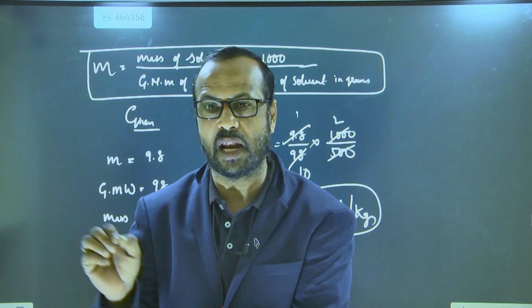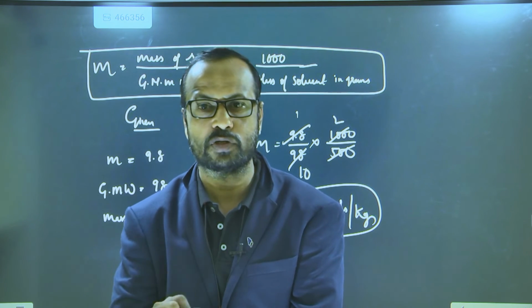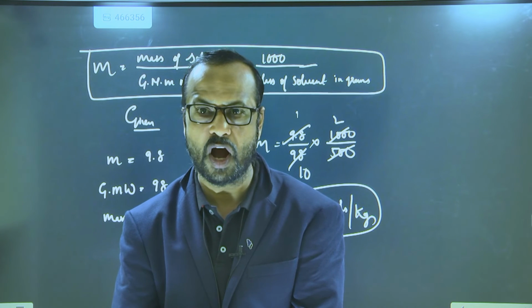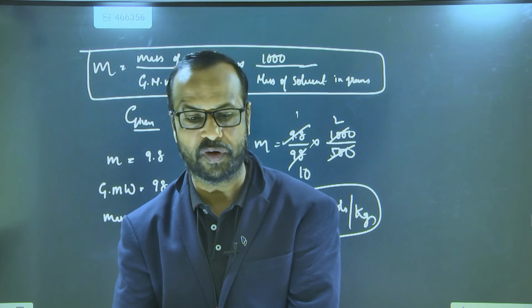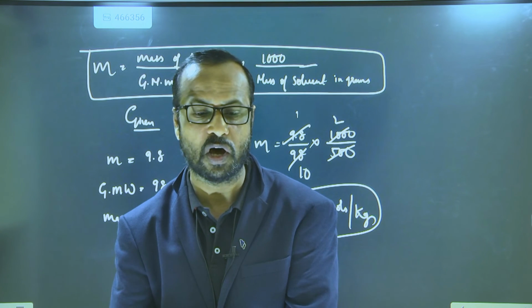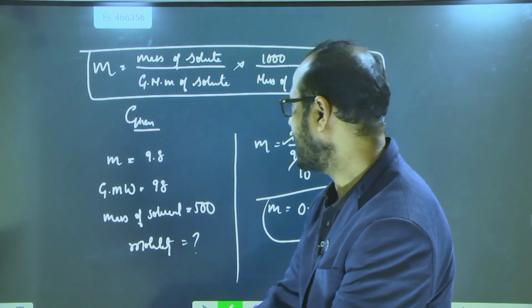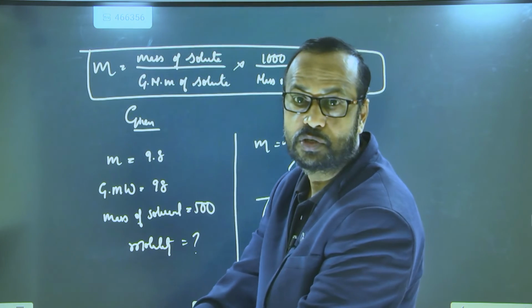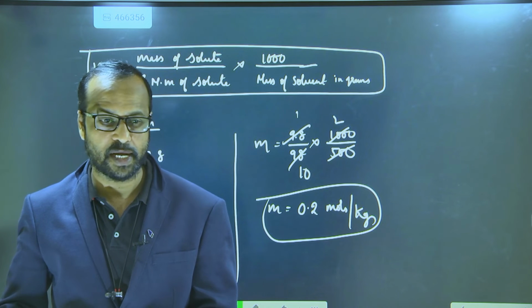0.25 molal. Molality is in short called molal. So in 0.25 molal, 250 grams of solvent. Now you have to find the mass of solute. Till now we calculated molality. Now you have to calculate the mass of solute. Here the solute is sodium hydroxide. Chalo, try this one now.